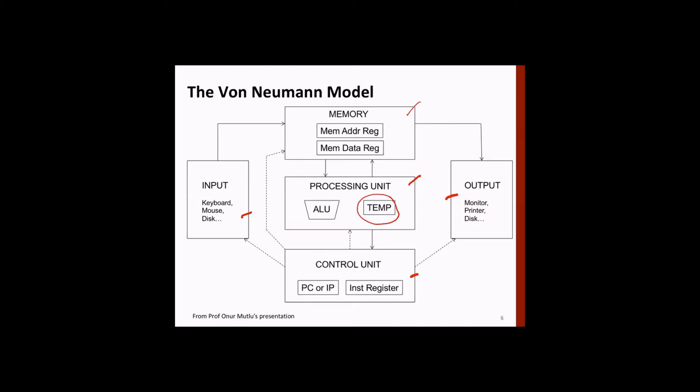So what happens is, suppose you are operating on two numbers, right? You are adding one number to another, and these numbers will come from, let's assume, memory. Now we know that memory access time is very high. And then both numbers have got to come together into the ALU, which is very difficult if you operate only on memory. Okay, then what we do is that we bring those values and keep them in registers that we call here temporary.